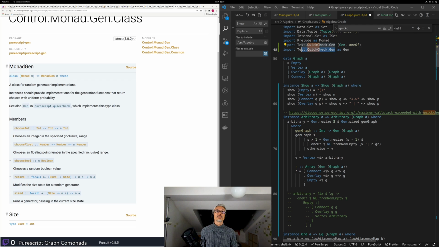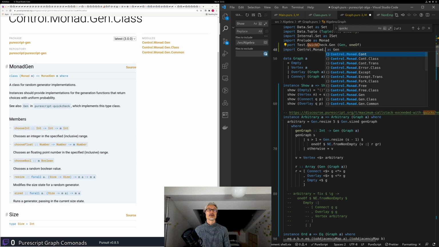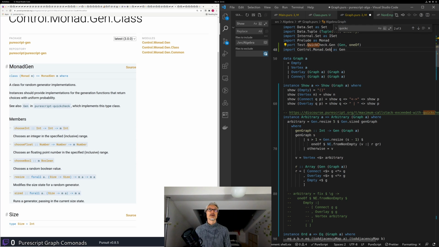Okay, so if we say that this is control monad gen dot class, and then, well, so resize becomes _1, and then here that becomes, well, we can say min, and